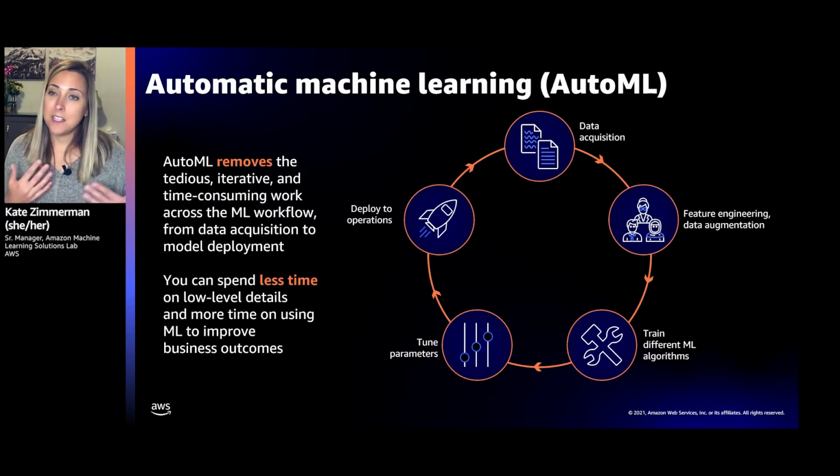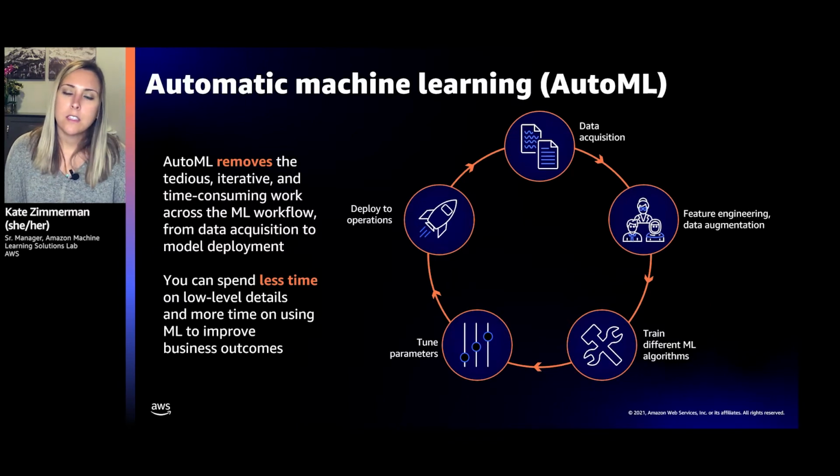But once you get to a place where your data is clean, you can then go off and train some machine learning algorithms. And here there are lots of different choices for ML algorithms out there. So you'll try different algorithms for your use case. You'll then tune the ones that work the best before actually deploying your model into production. And all of this takes time. It takes a lot of expertise in both the data science aspect, so how we can get our data to be most representative of the use case that we're trying to solve, but also a lot of machine learning knowledge and expertise that's required, and how we select the right algorithms, tune them appropriately. And all of these things create pretty high barriers to entry for machine learning.